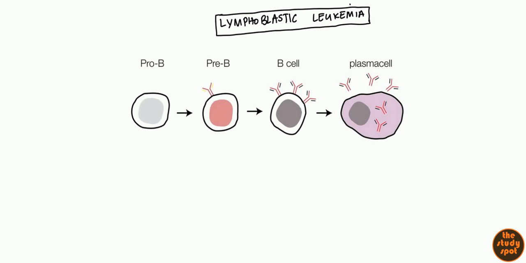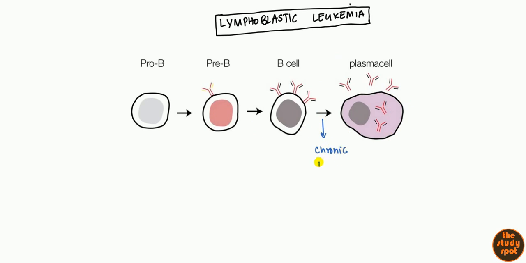And once that happens, you have what's called a clonal expansion of a progenitor. Clonal meaning a single type of cell, and these two here are progenitors to B cell, and B cell, I guess you can say, is a progenitor to a plasma cell. So somewhere along the way, you're going to have a problem here. Now, when it comes to